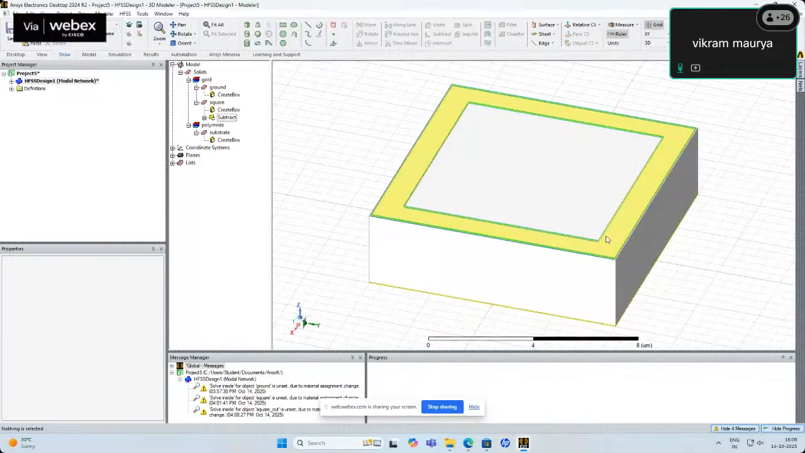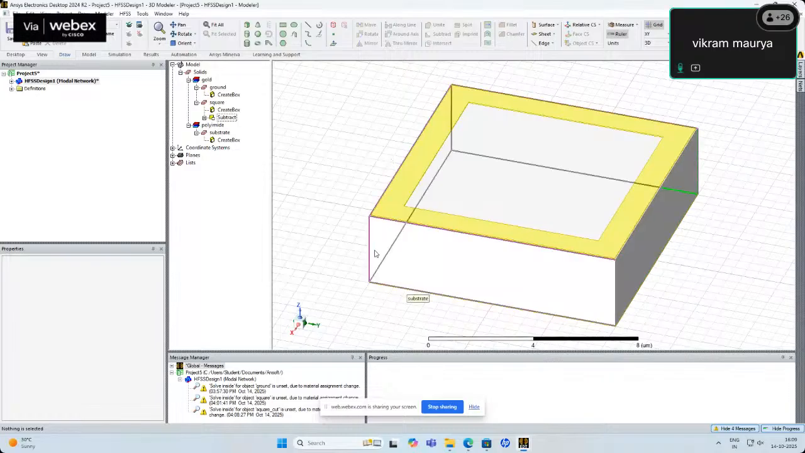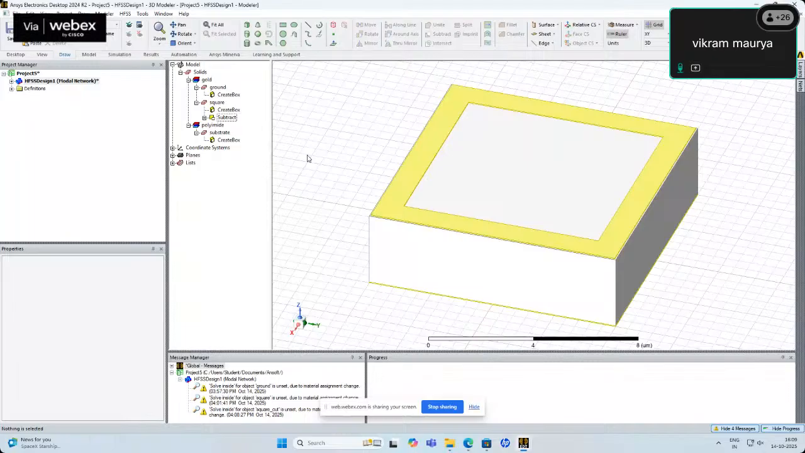We can orient this, and we can clearly see that it is a square ring of a certain height. Okay, we can see the ground very clearly, we can see the substrate, and we can see the square ring that is created on the top layer. Okay, so this is basically a very simple unit cell that we have designed. Now,